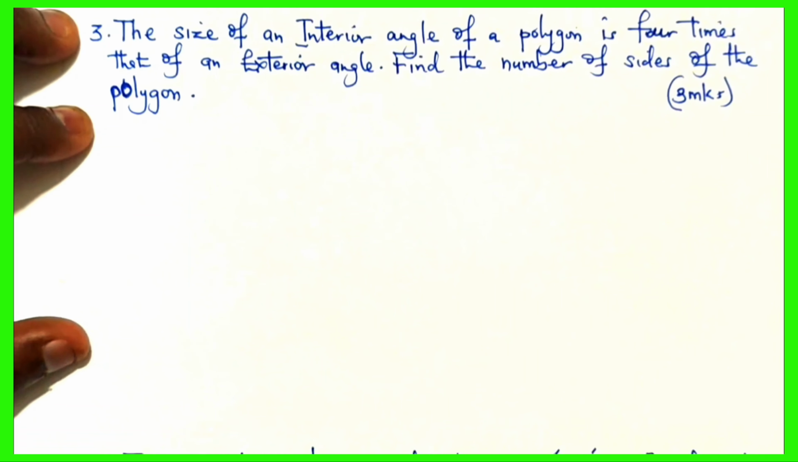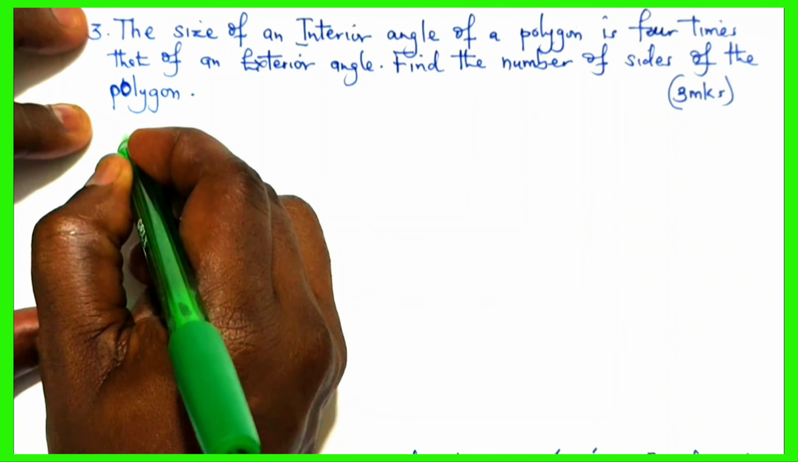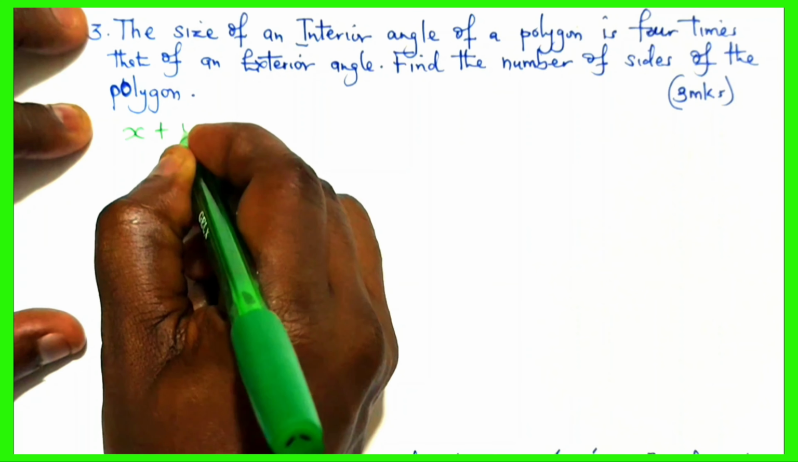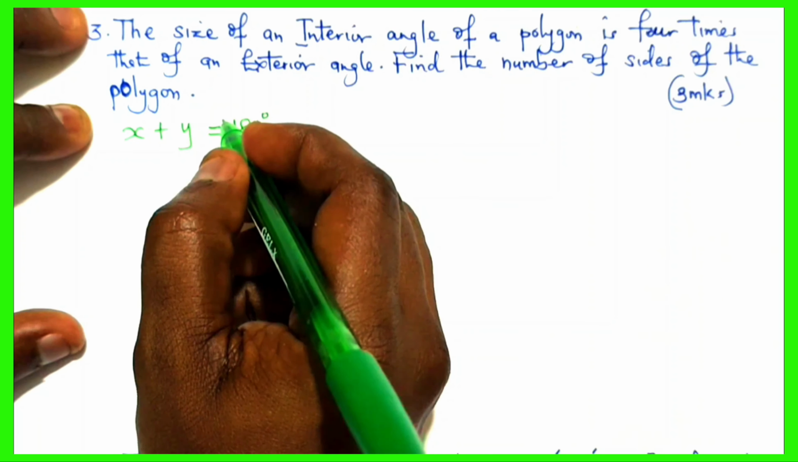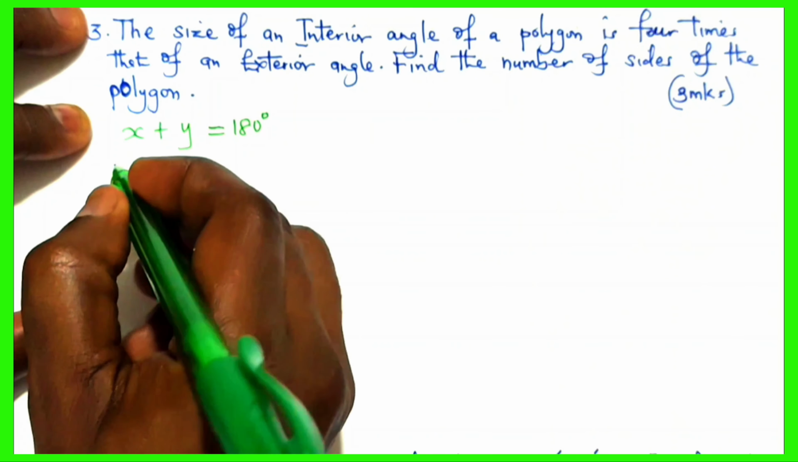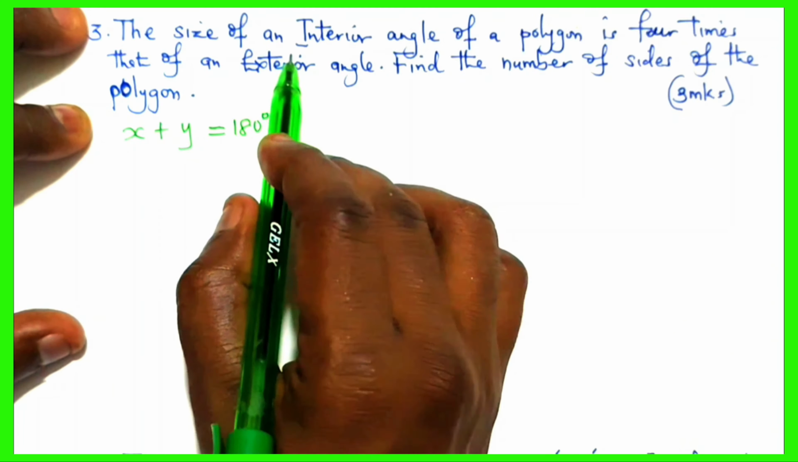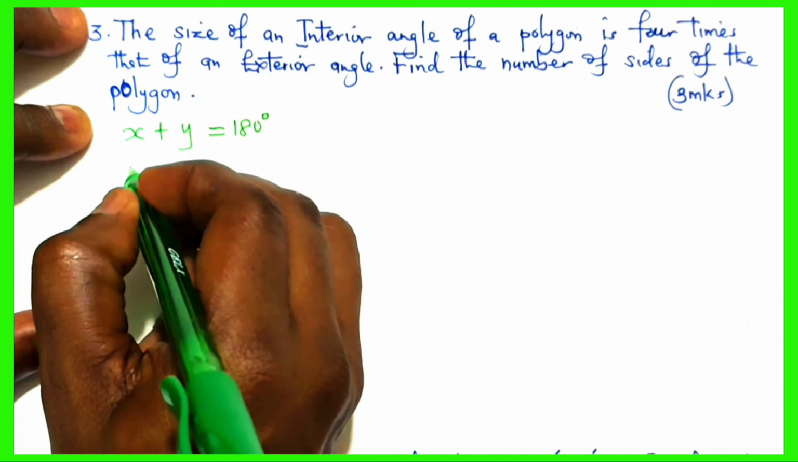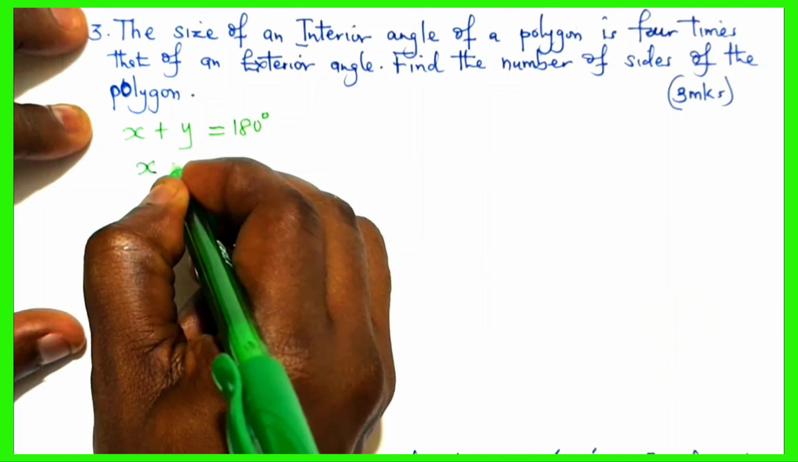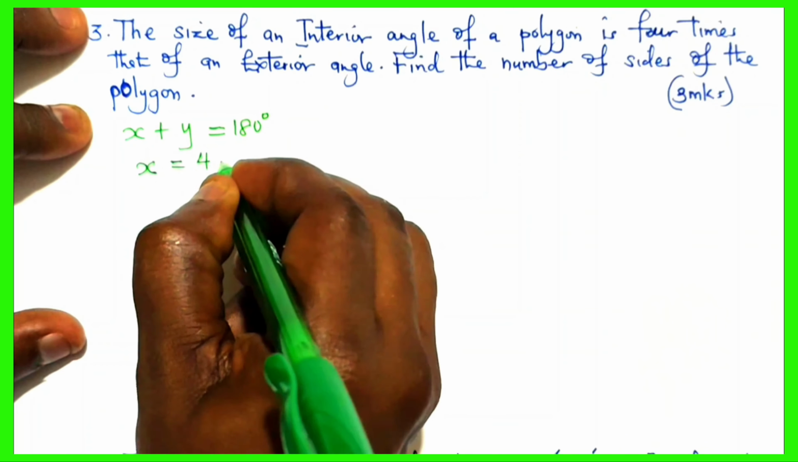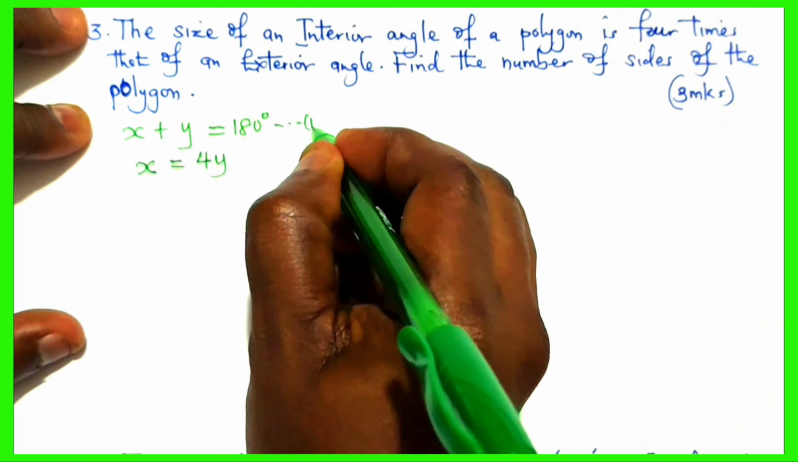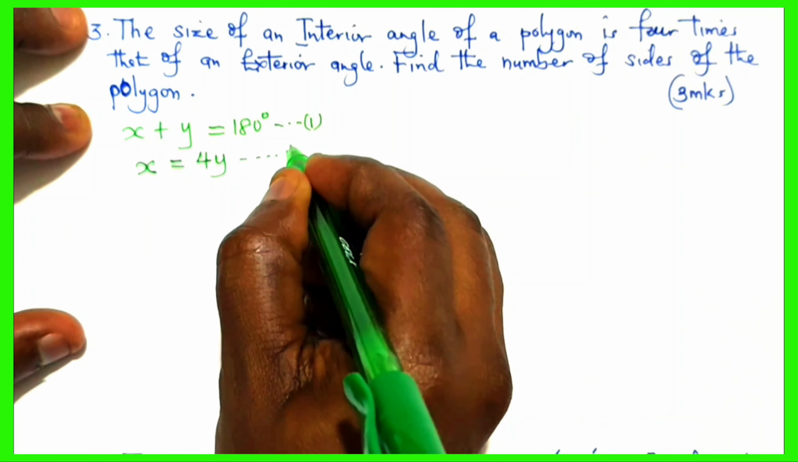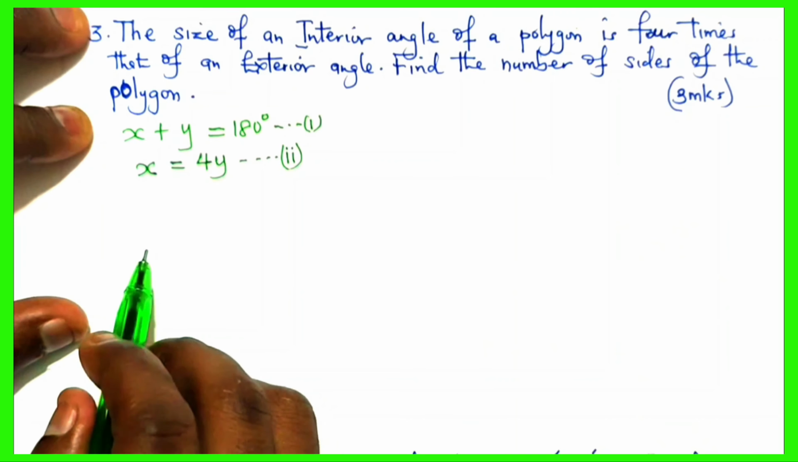Again, in this question, we can consider the simultaneous equation method, where we say that interior angle plus exterior angle is equal to 180 degrees. And then the second one, we have been told here that the size of an interior angle of a polygon is equal to 4 times that of its exterior. So this is our first equation, and this is our second equation, which you can straight away solve using substitution,